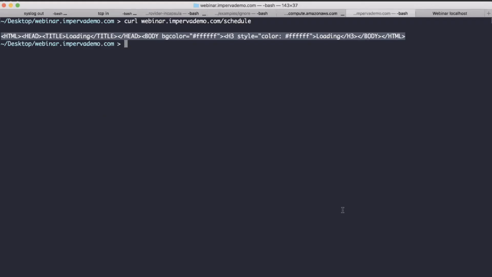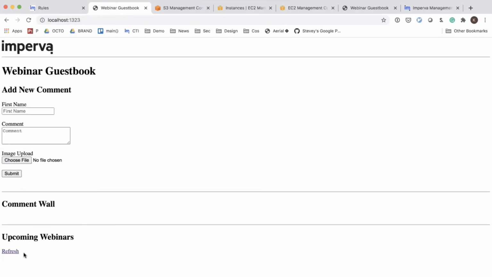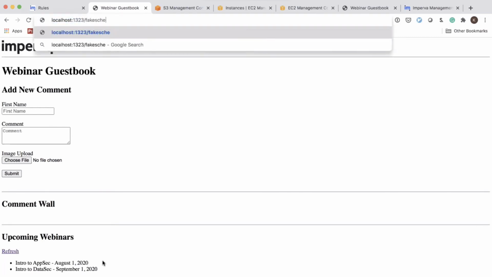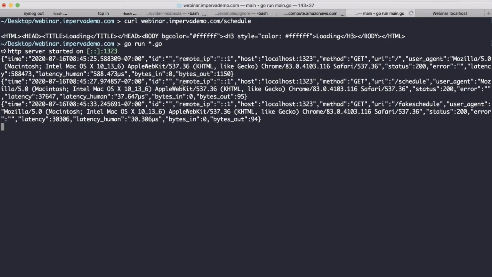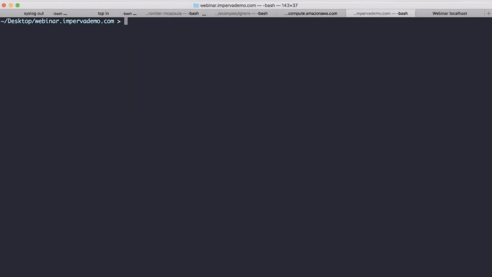I'm going to go back really quickly. And I'm just going to do a go run, make sure that the application is behaving as expected. Sure enough, it is. Sure enough, we can refresh stuff. But if someone were to go and now hit fake schedule on the back end, we're returning fake data. So nothing and always that you see over here. So let's quickly go and get our server restarted. Let's rebuild the binary that we have over here. And now let's just do a deploy. Let's get that binary back out to production.